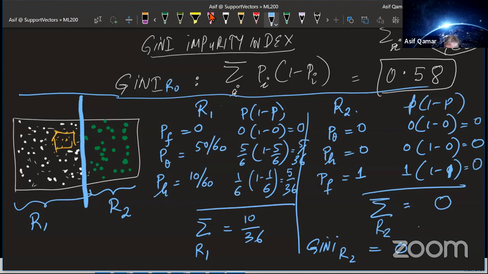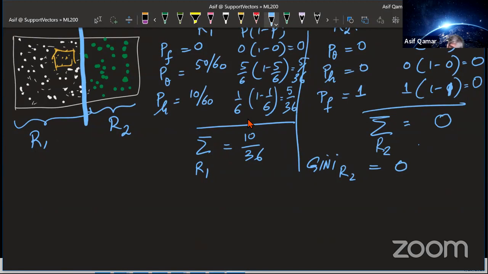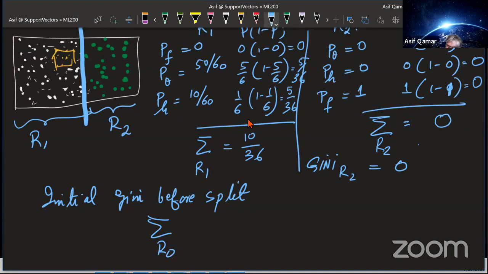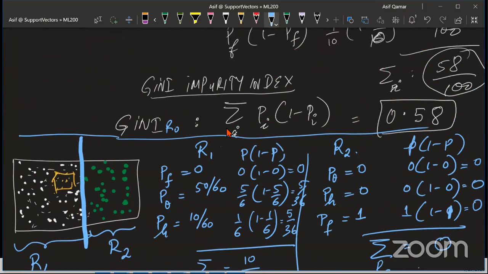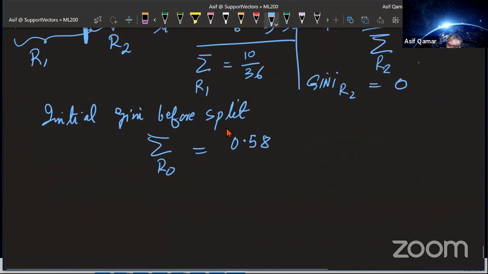Are we together? And so now let's ask this question. Was the split worth doing? What was the initial Gini before split? That is the Gini of R0, which is equal to 0.58. Do you remember, guys? We computed that here, right? We computed it right here. This result. And now after the split,